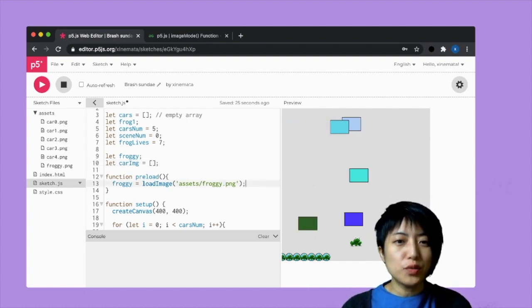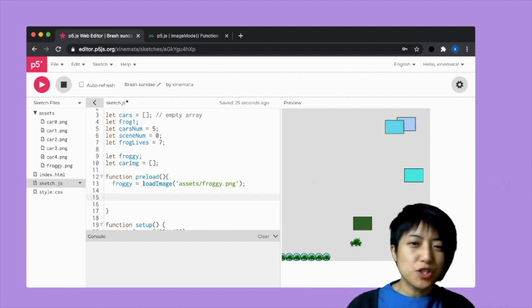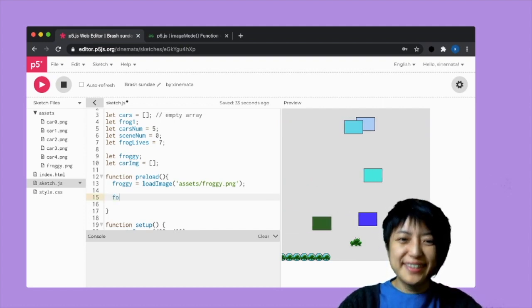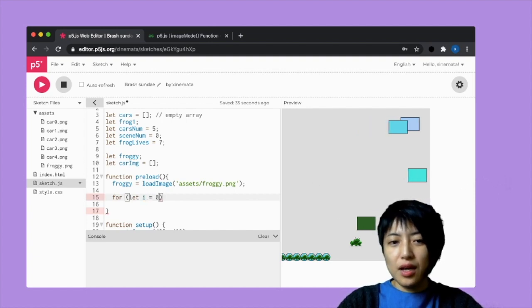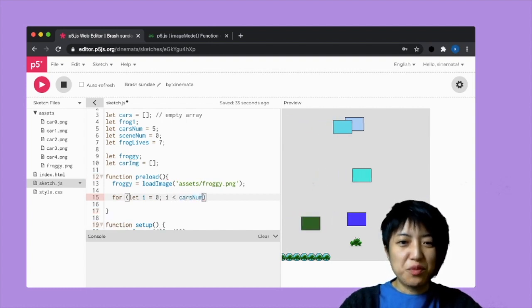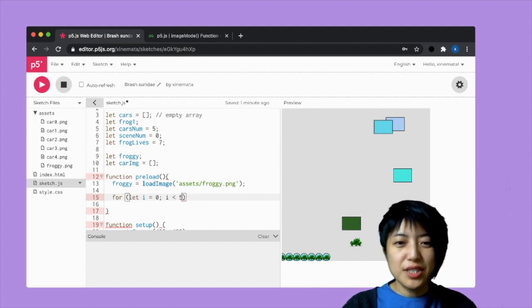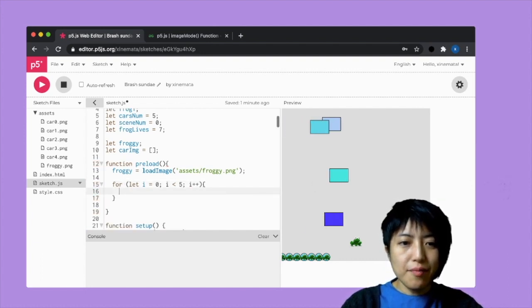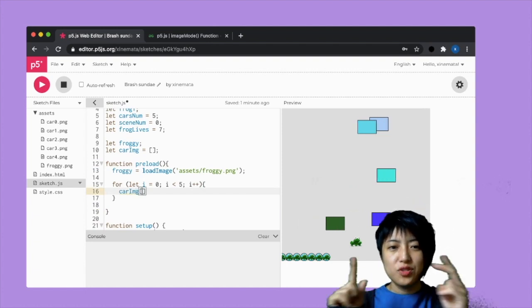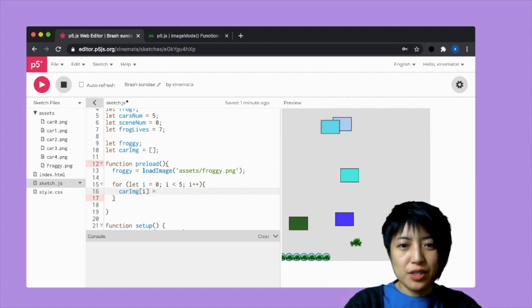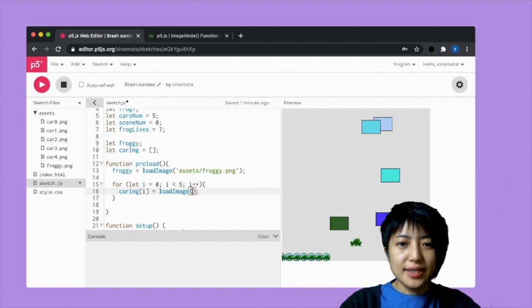Inside of preload, I'm going to use a for loop in combination with an array to load all of the images at once. What that's going to look like is for let i equals 0, i smaller than cars num, or you can simply write 5. We have 5 different images, i plus plus. And down here, I'm going to say car image, followed by a square bracket with an i inside, equals load image, and assets/car